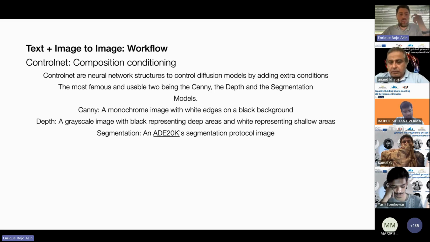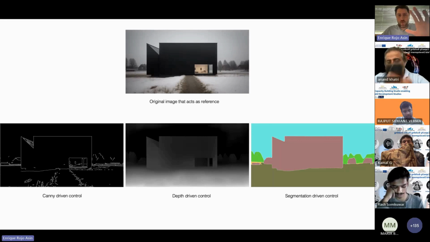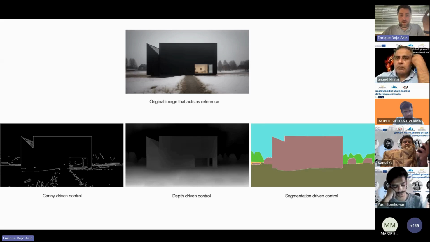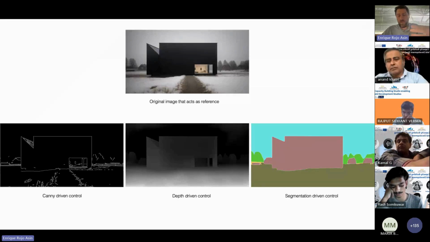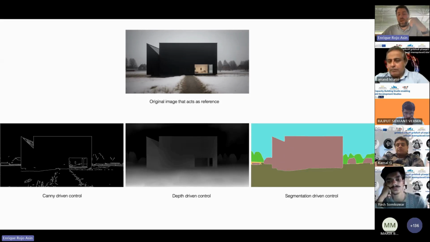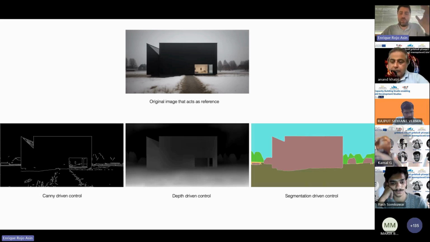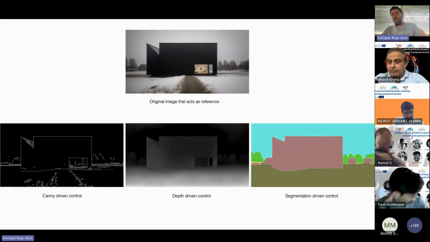As you will see, when you have an original image and you have these control nets, when you produce the canny-driven control, what you obtain is only the perimeter with lines. With the depth-driven control, you have this image that obviously adds depth to the image. So when the AI renders the image, it has some depth of field, and then you have this segmentation with colors, so they can understand the figures better, and they can concentrate on rendering some parts depending on this